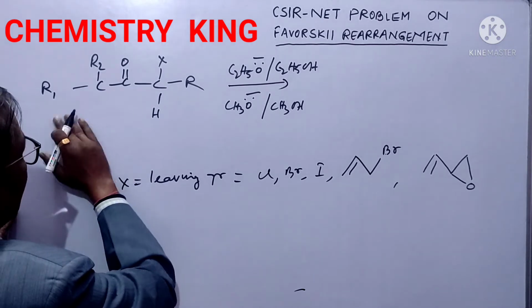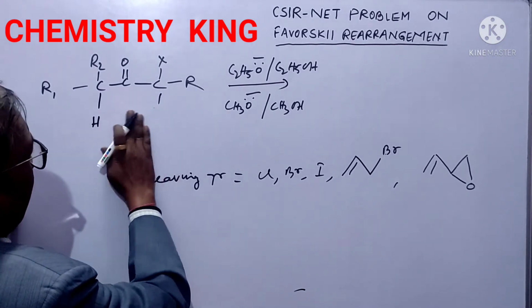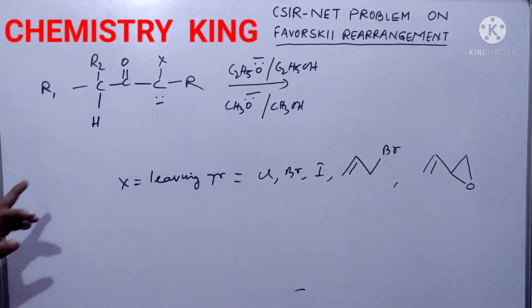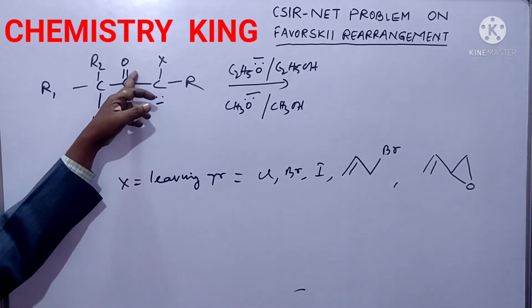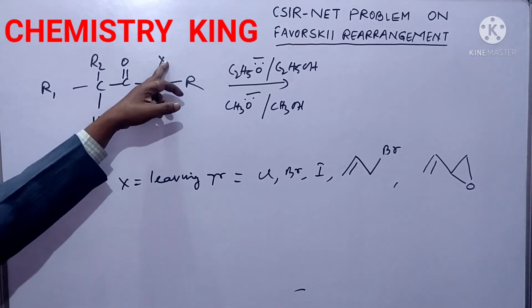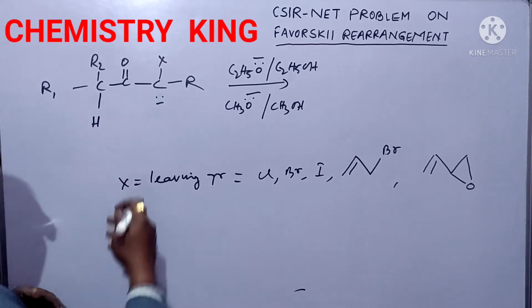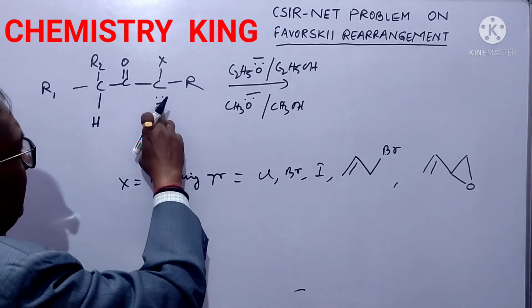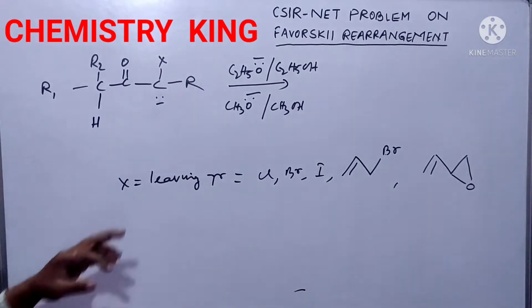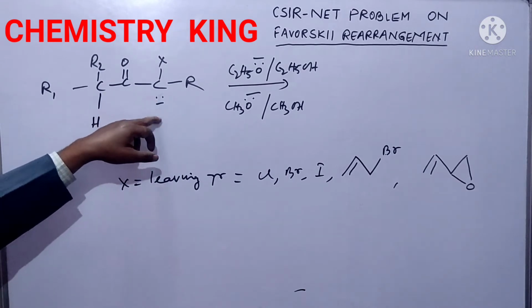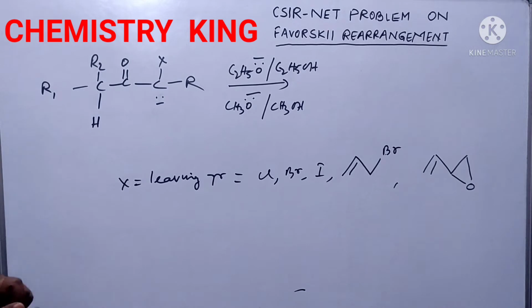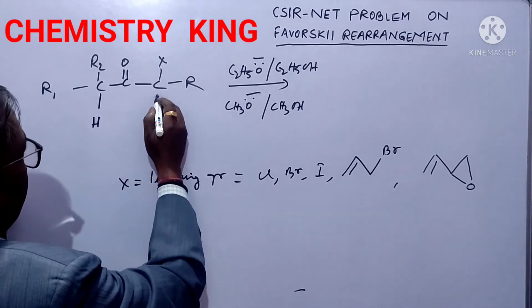Okay? Now if this hydrogen is extracted, negative charge will be here. It is also in conjugation with this pi bond, but this X, chlorine, bromine, iodine, is an electron attracting group. It will decrease the negative charge, so it is not stabilized by resonance. So this hydrogen